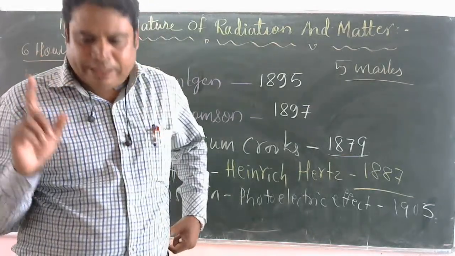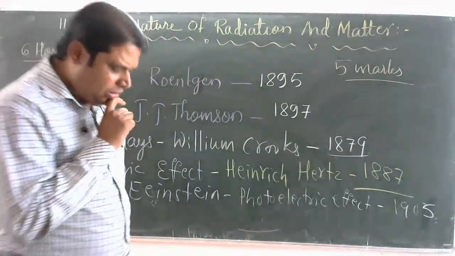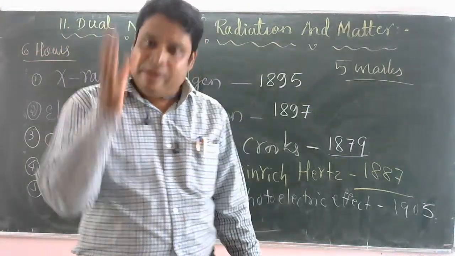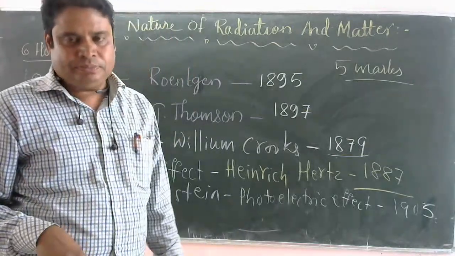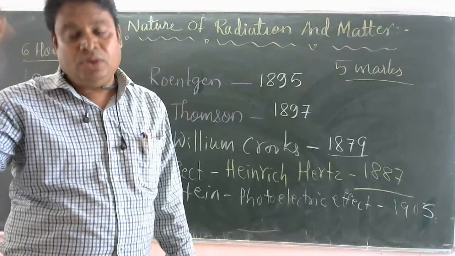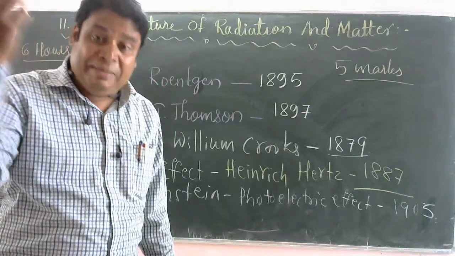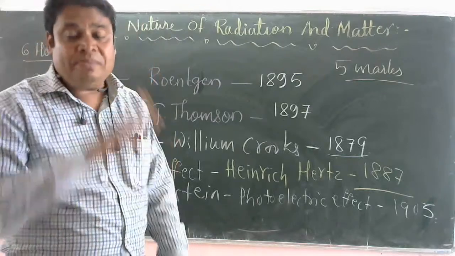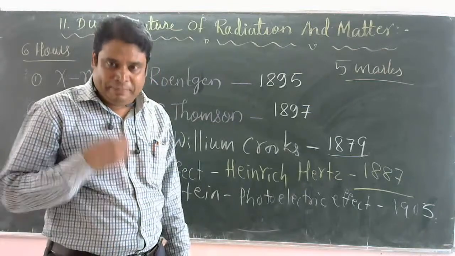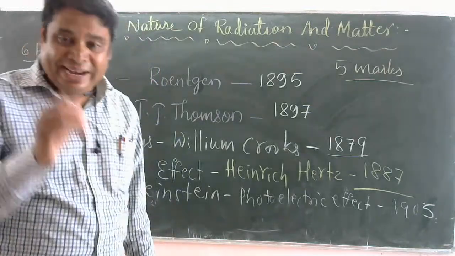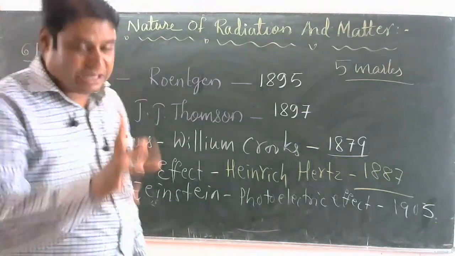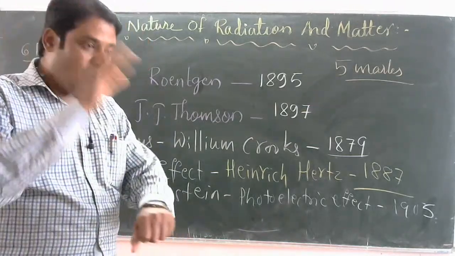We have to name them. One is Leonard Hallbach. Leonard and Hallbach, we have to study once again their observations also. They observed the same phenomena, where they observed emission of electrons from some metal surfaces when some radiation is incident on them. Let me repeat. When some electromagnetic radiation is allowed to fall on